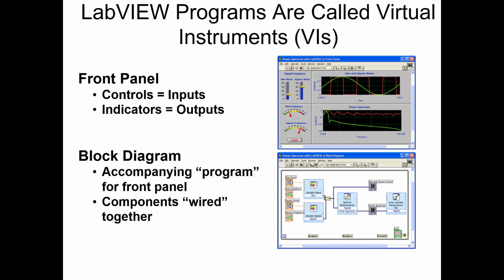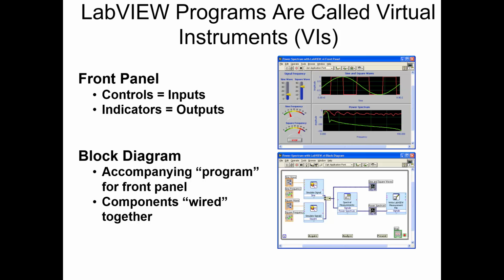Like any instrument, the LabVIEW programs have two parts. One is the front panel, another is the block diagram. The front panel is the same as the front panel of any instrument, and contains the controls, meaning certain inputs, indicators in the form of LEDs and graphs, and the block diagram is basically the brain of the instrument